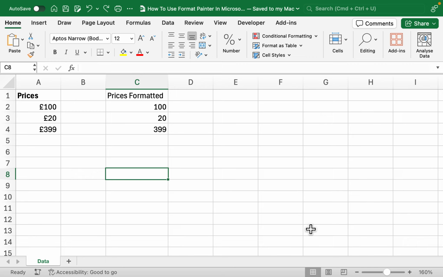Hello and welcome back to another video, and today we're going to be looking into how you can use Format Painter in Microsoft Excel. So what we have here is some dummy data where we've got prices and then we've got the exact same prices here, but we're going to look to format these in the way that they are